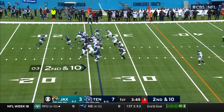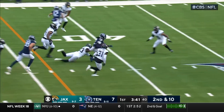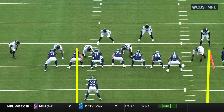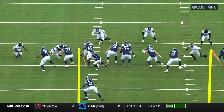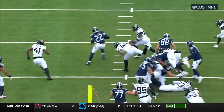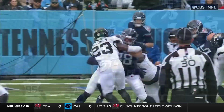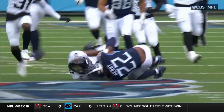So they call it an incomplete pass. It's 2nd and 10. Henry charging, driving, and he's got a first down. Another big gain for Henry, who had one earlier in the game. 4th and 1. Once again, the handoff to the left. He sees the vision. Skronsky with a good block, pushing up the field, and that allows him to cut back all the way to the right side. A lot's made of his power and his stiff arms, but the quickness and the...